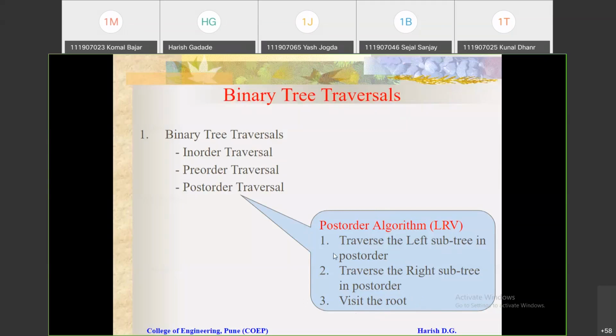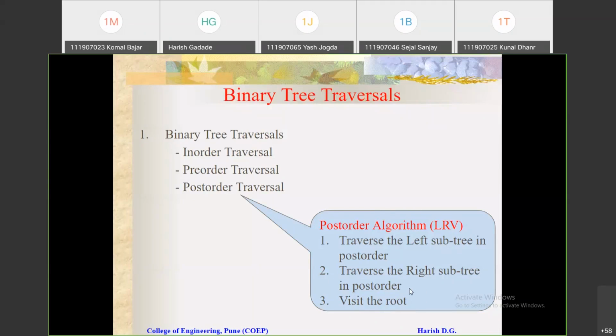And this is a recursive algorithm. For each and every node, we need to apply these three steps. For the in-order display, we need to apply these three steps for each and every node. In this case also, and in post also. So these are the three algorithms, recursive algorithms and very simple algorithms.